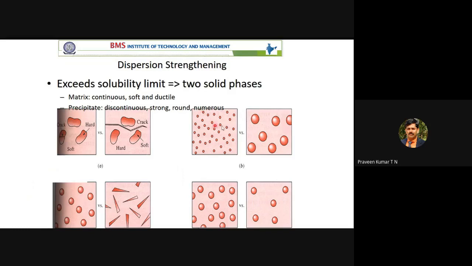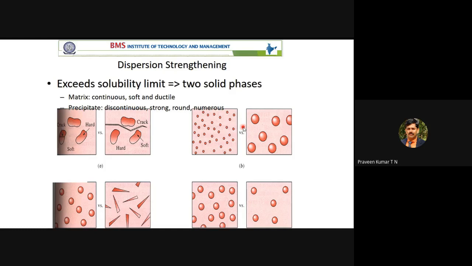That is nothing but dispersion strengthening. Dispersioning is nothing but, imagine we have only mud. If we have only mud, it may not have sufficient strength. I think you can understand, as a common man. In the ground, if there is only mud, only red soil, it does not have good strength. If you mix mud with some small stones or bigger sand particles, then it has sufficient strength. The strength of the mud or soil is increased by adding small stones or stone particles or sand.